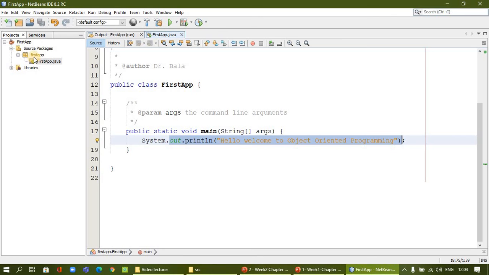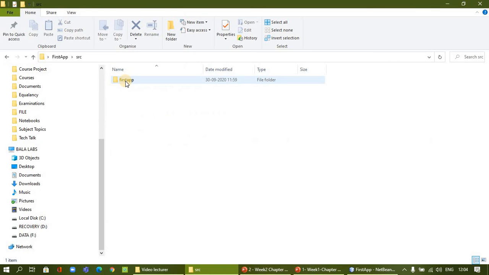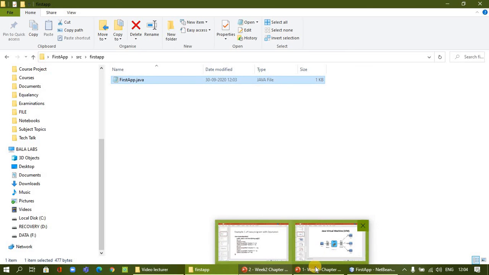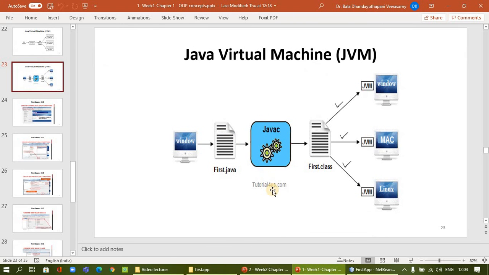So we used to call it technically in the Java program a package. So the structure is created here as a package. Inside we will find FirstApp. Okay. So our program is going to be compiled as per our study. What we have is the Java program is going to be compiled. After that we will receive the first class file. So let us look into this.